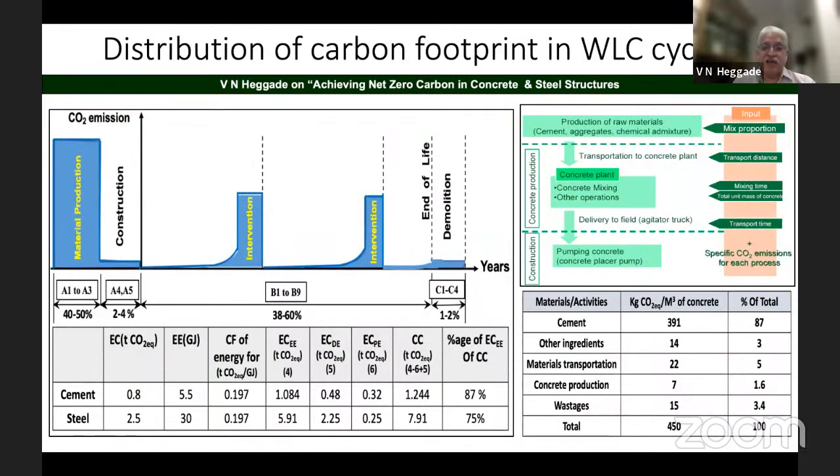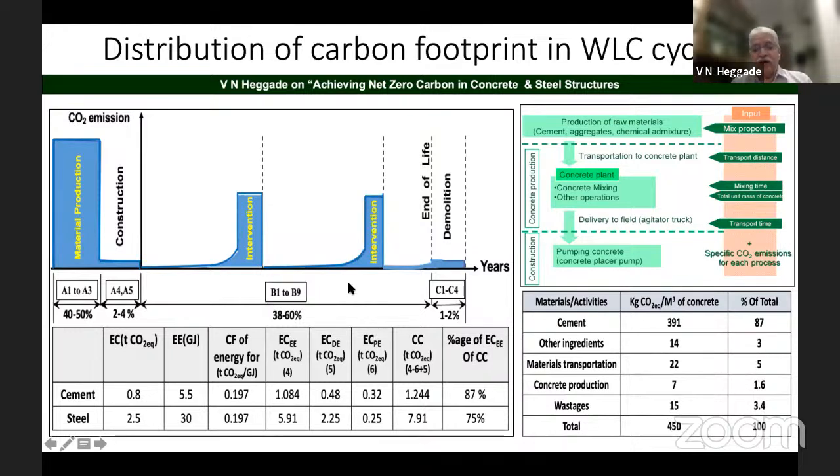The most important thing to see is, what is the embodied carbon? If you really look at the embodied carbon in the construction industry, basically it is the capital carbon. In the case of concrete, it is produced using the materials and the cement. The concrete production takes place using the batching plant and transit mixers, and it is transported in the transit mixer. Pumps are used, and that is how the concrete finally gets into the mold and the concreting takes place.